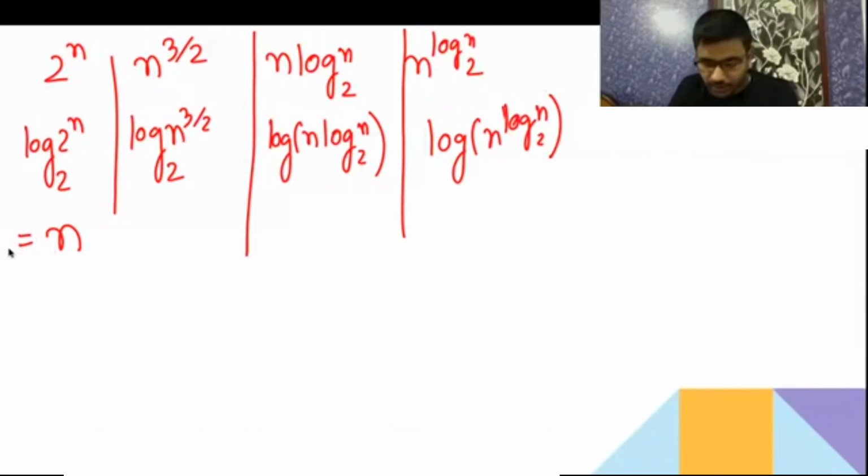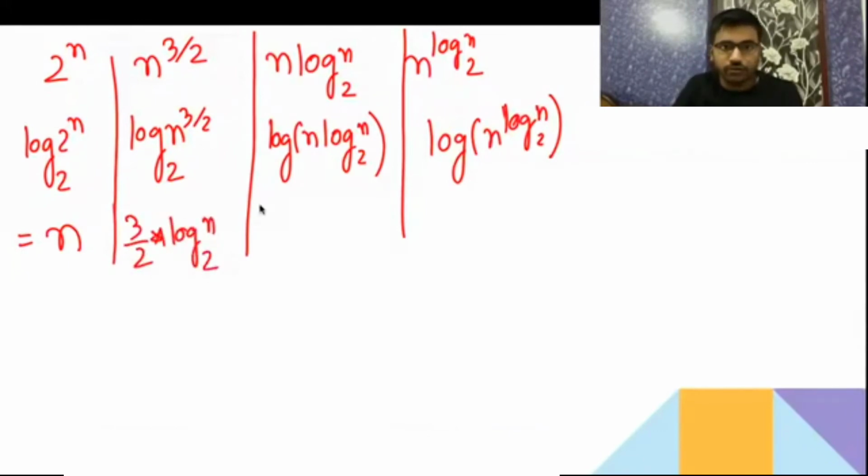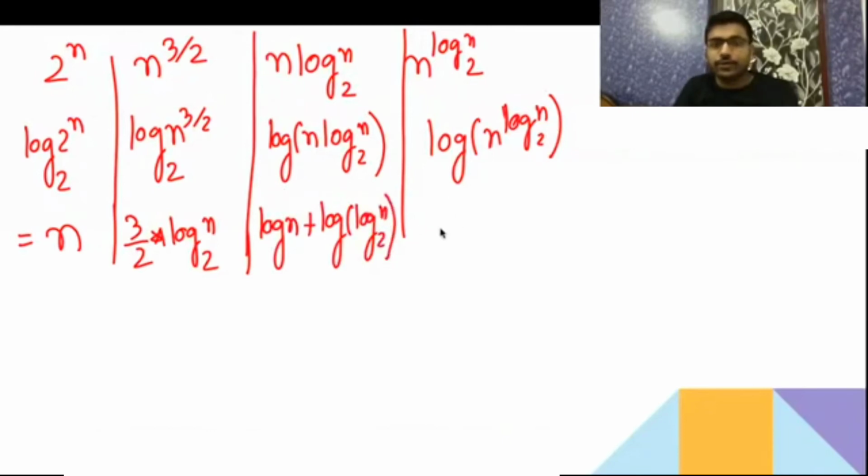So this is going to give you n. It is going to give you 3 by 2 log n base 2. It is going to give you log n, then plus log of log n base 2, and the power is going to come in the beginning. Yes sir, my bad. Now I got the correct answer. Very good Pratiksha. Log n base 2, then log n. Okay, now take n equal to